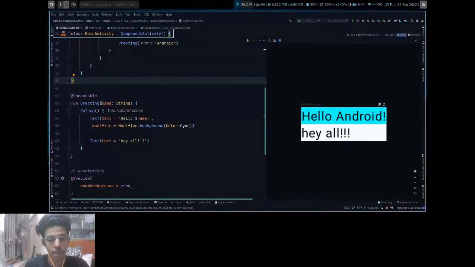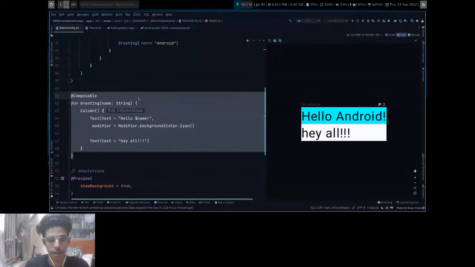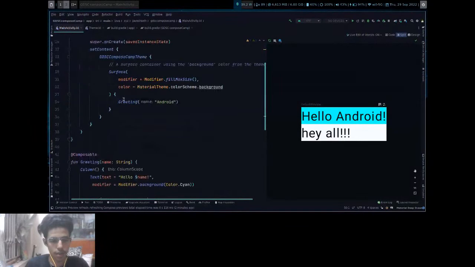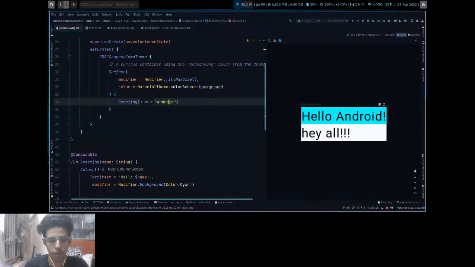For example, we are just taking a data type of string here, and we are just displaying it next to hello in string format. That is what this composable is doing. It doesn't hold any data or state of the app. So it doesn't hold the state. This only contains the logic of UI. So this is what state hoisting means, like providing Android. You're providing data where it's supposed to be provided, in the main function. You don't need to provide it here. Plus you can change it whenever you want.